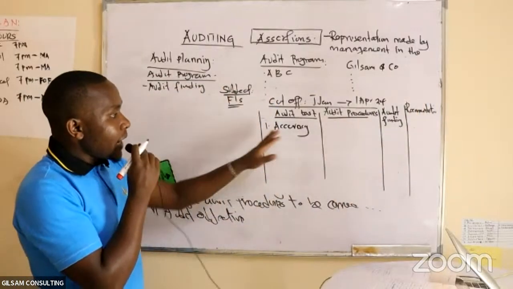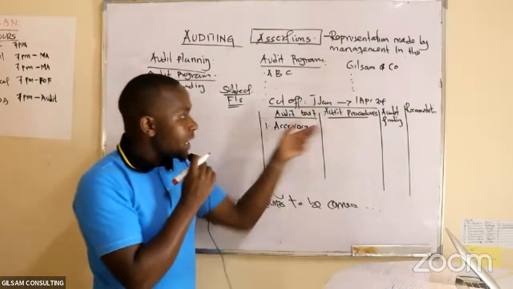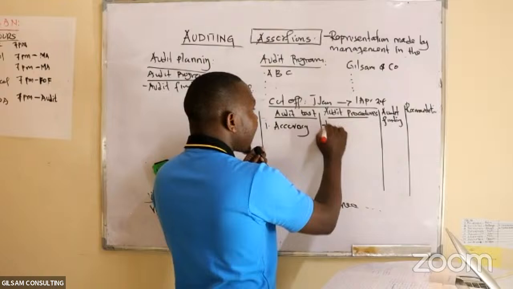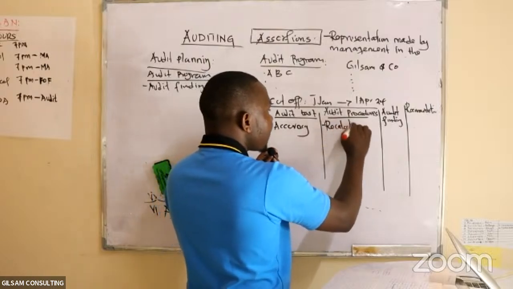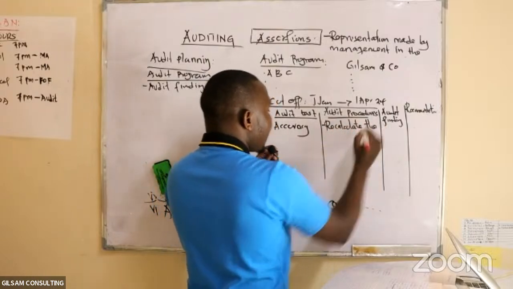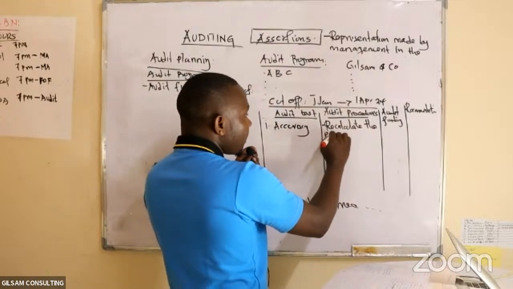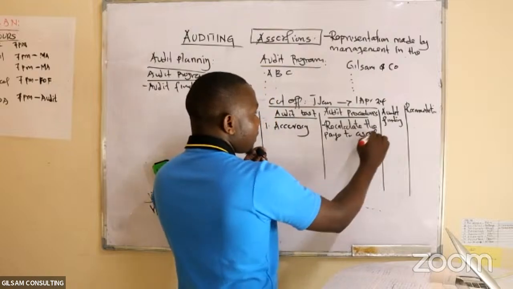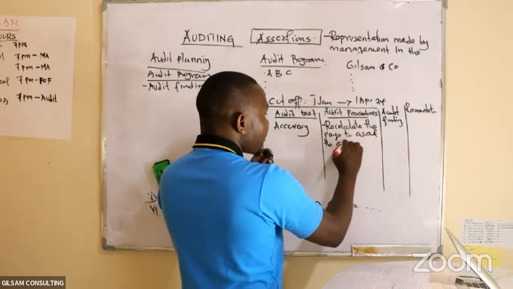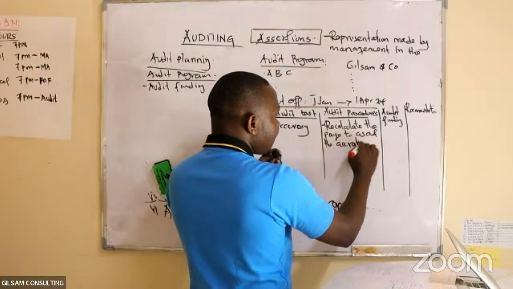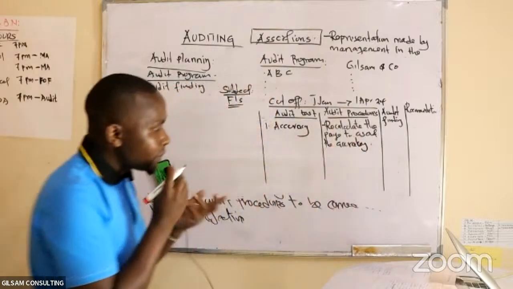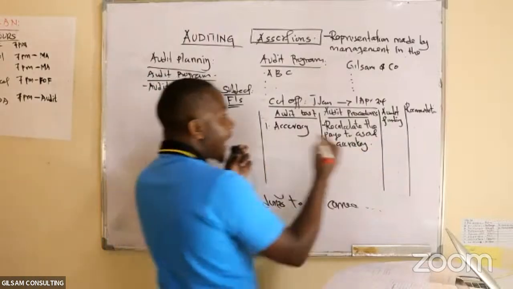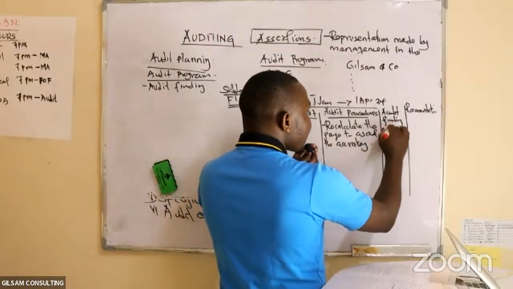So when we say accuracy, which audit procedure are you going to use for accuracy? So we'll use recalculation. We'll say recalculate, for example, the pay to ascertain the accuracy. That is the audit procedure. So what did you find here? So maybe we find that there is understated or overstated